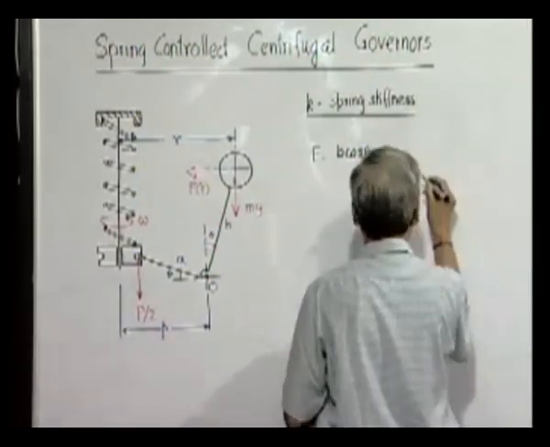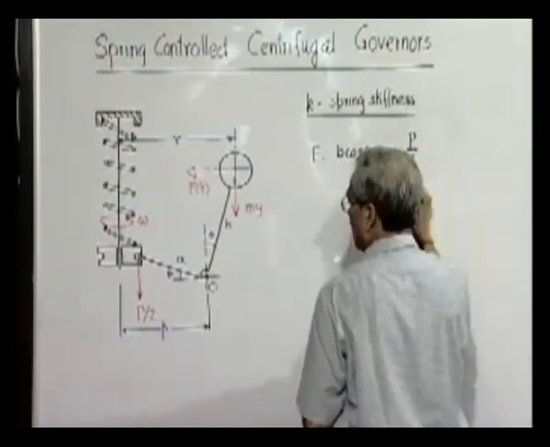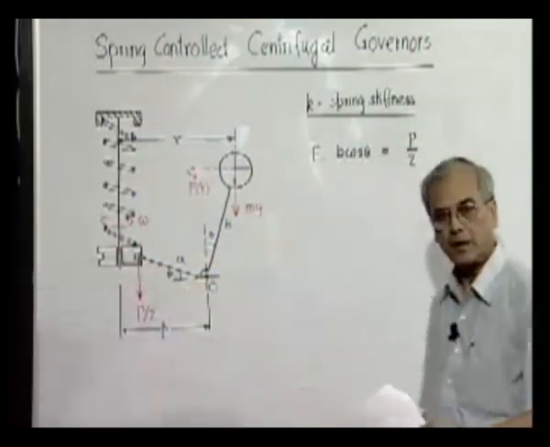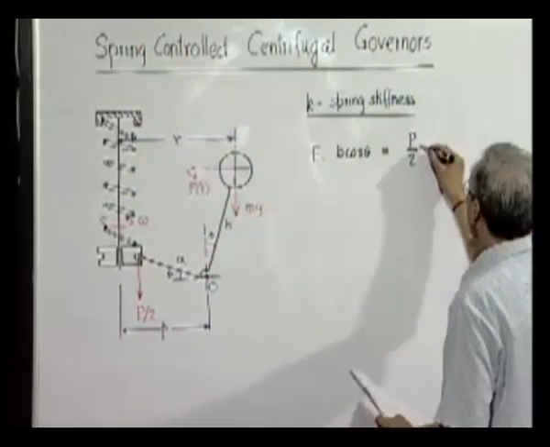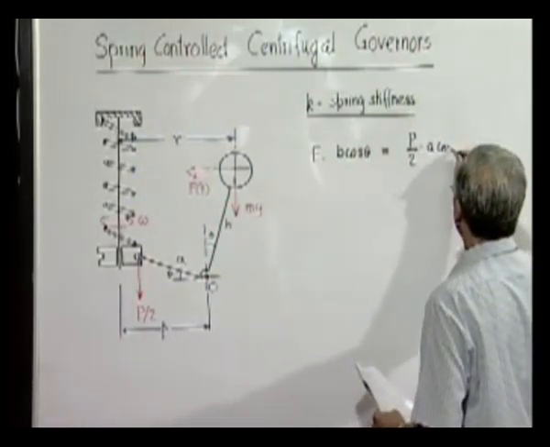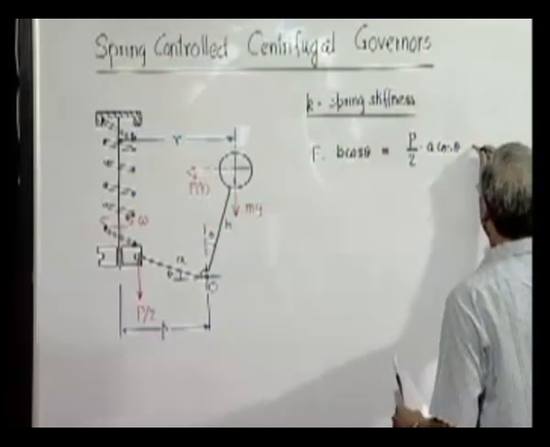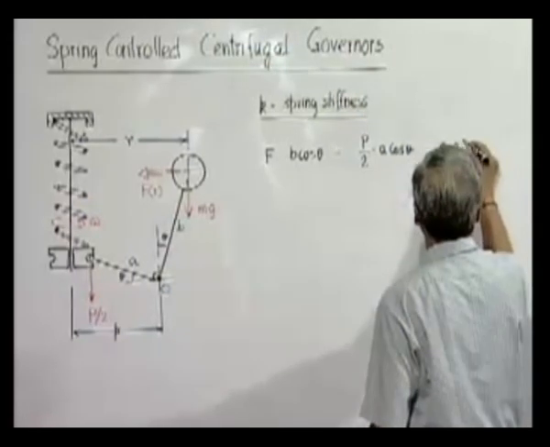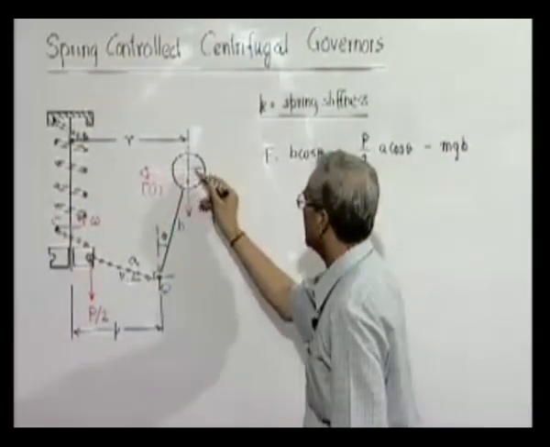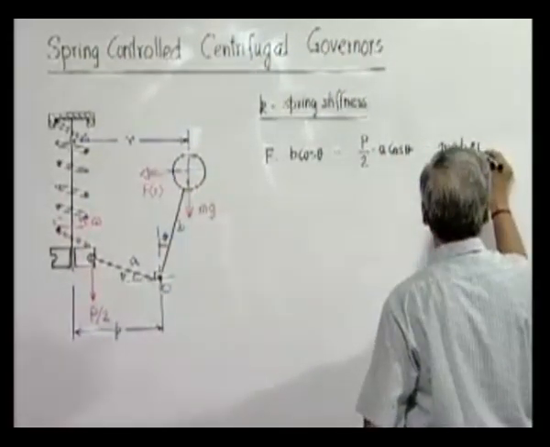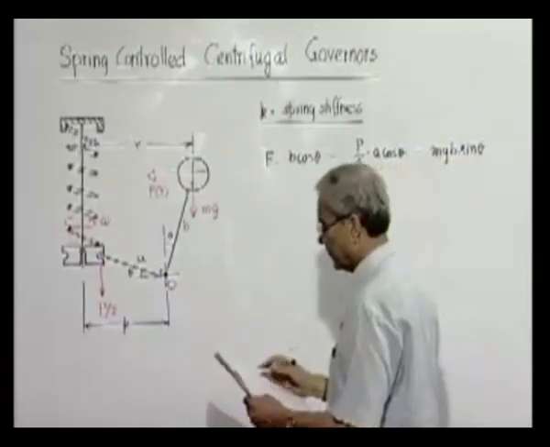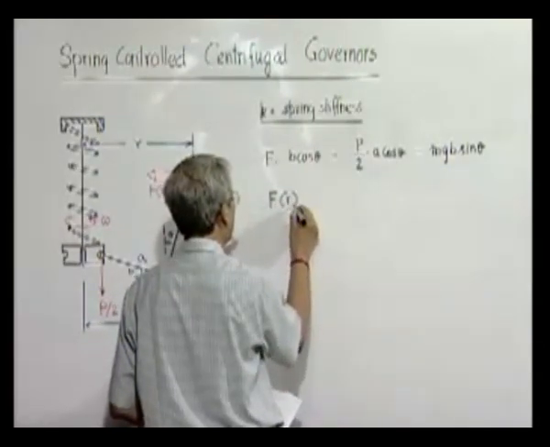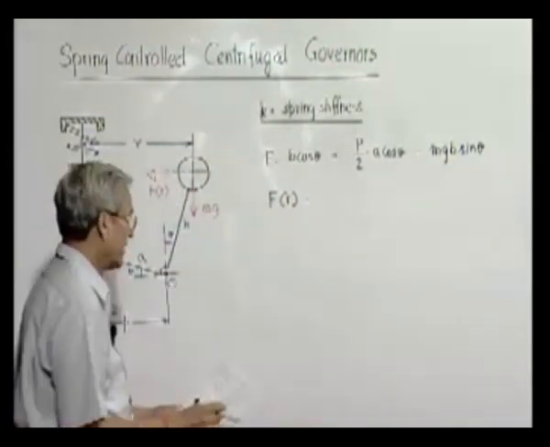So this will be P by 2. Why P by 2? Because half the force of the spring is being taken by this bell crank, the other half by the other. So it will be P by 2 into A cosine theta, minus, now this moment is in the opposite direction, it is mg B, and this distance will be B sine theta. So quite straightforward, we get the expression for the control force as